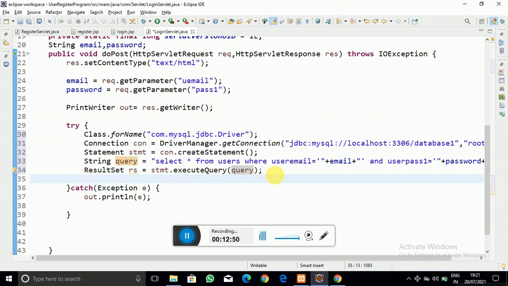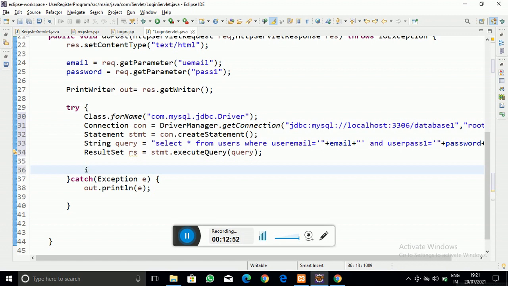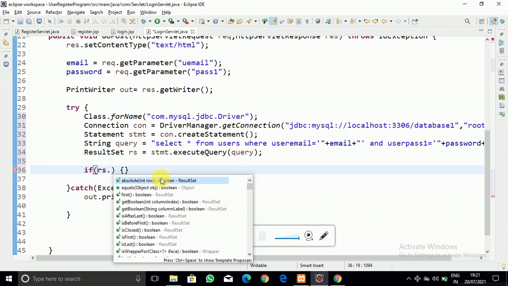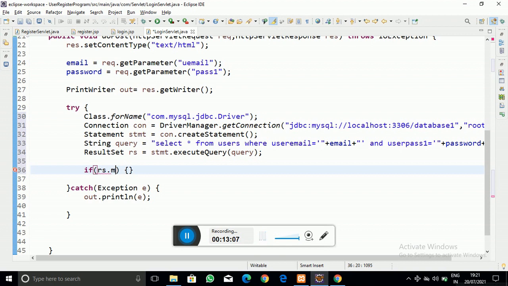Now let us check if we got the same value from the database or not. To check it, let us use the method rs.next, that is the result set object dot next, to find out whether we get the same result as expected from the query.